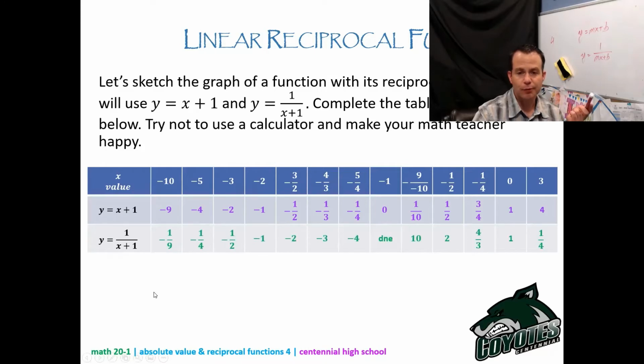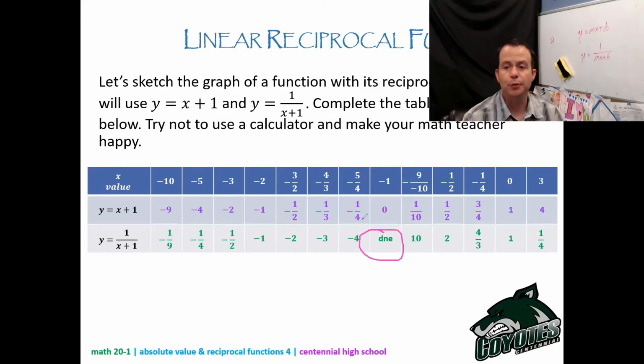Okay, negative 1 over 9, negative 1 over 4. The only thing I want to talk about right off the bat here is this one. Because the y value was 0 on your original function, y equals x plus 1,